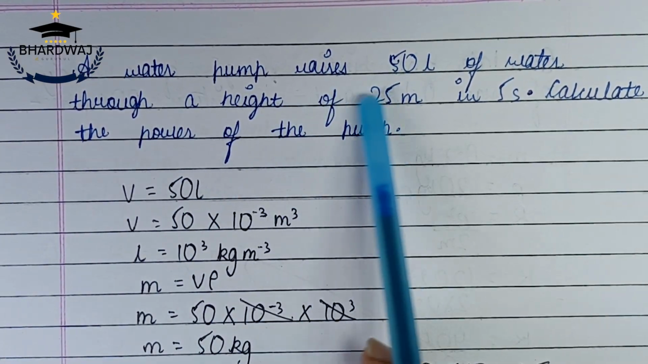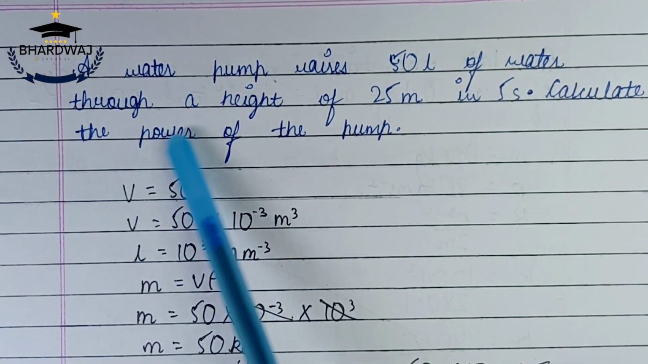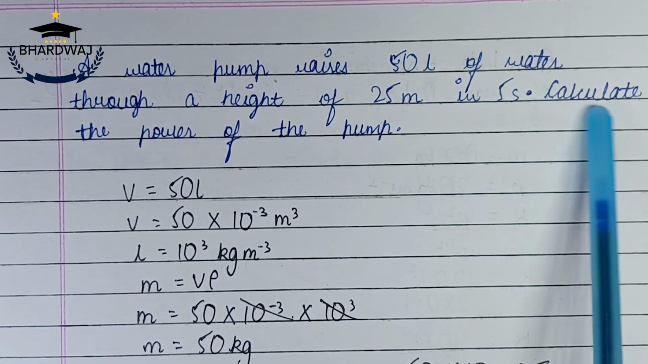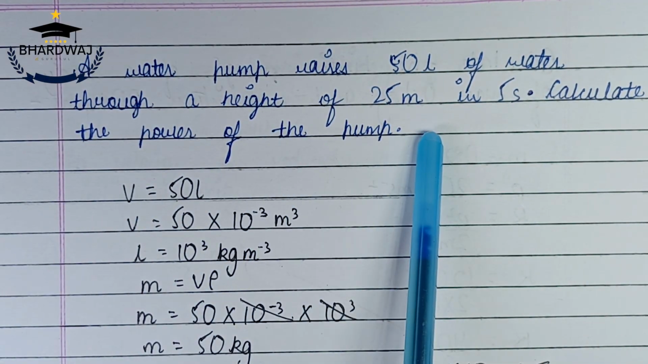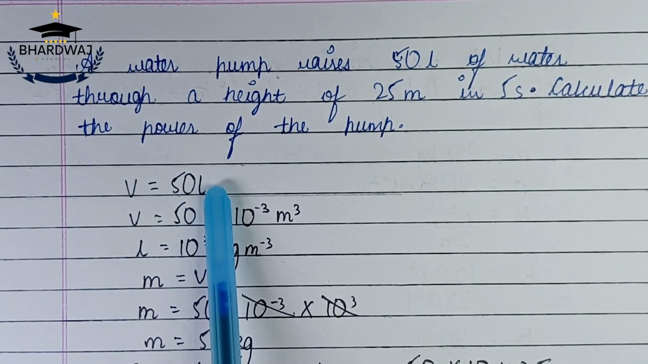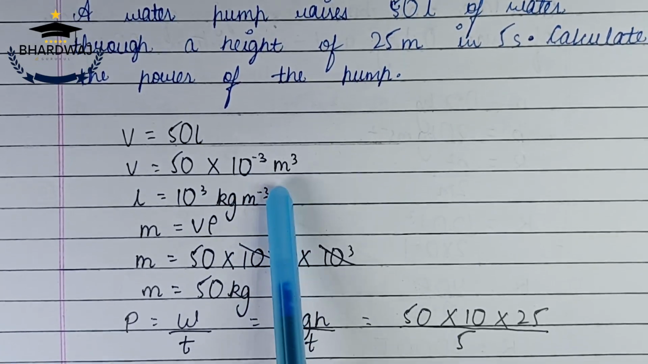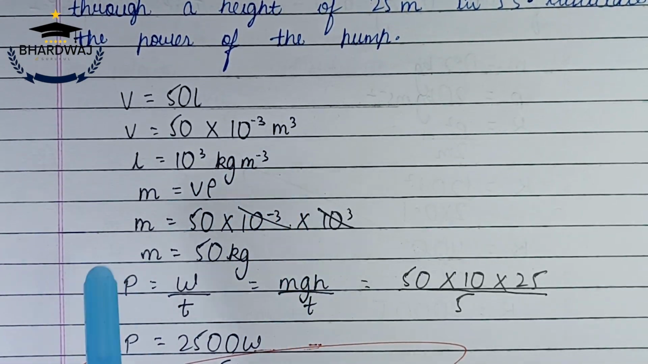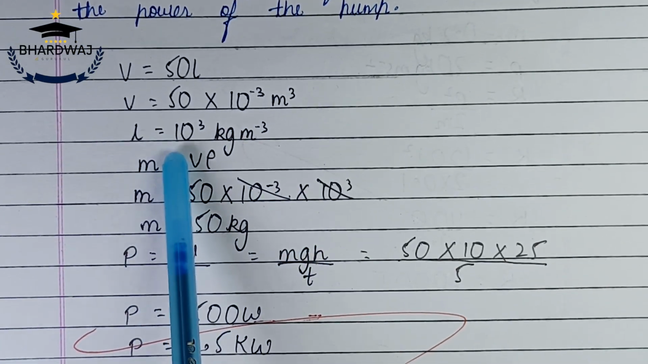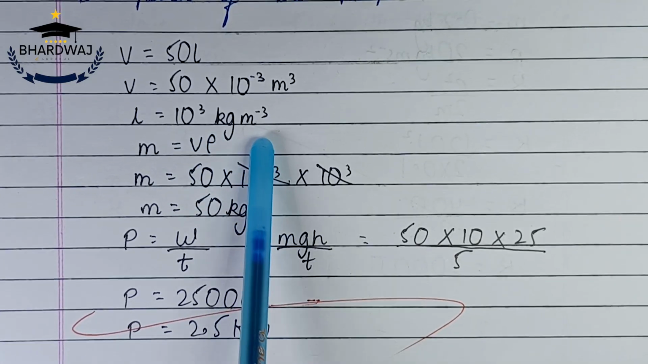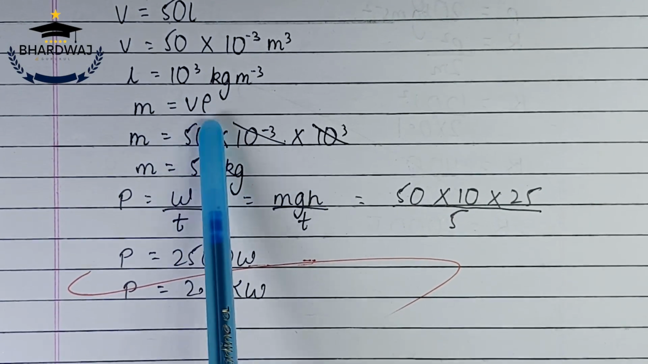A water pump raises 50 liter of water through a height of 25 meter in 5 seconds. Calculate the power of the pump. So V is equals to 50 liter, 50 into 10 the power minus 3, we will convert it into meter cube. Then rho is equals to 10 the power 3 kg per meter cube, M is equals to V rho,